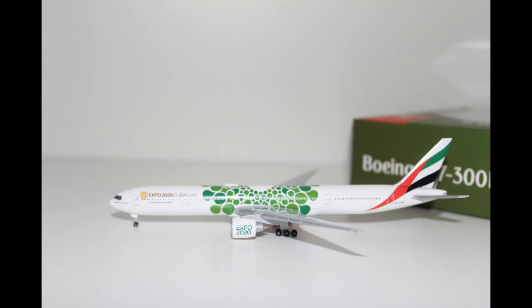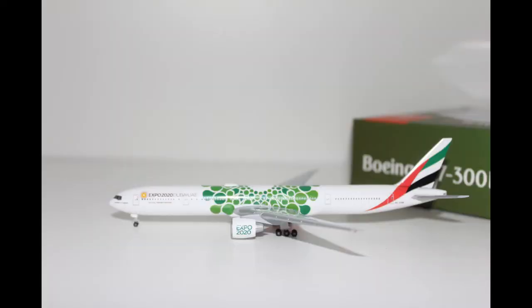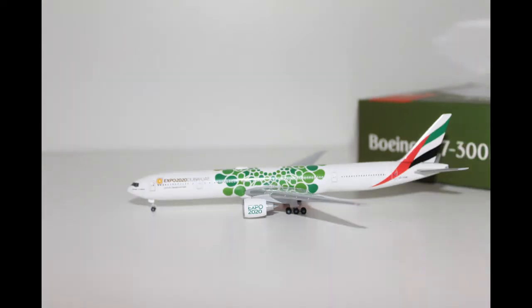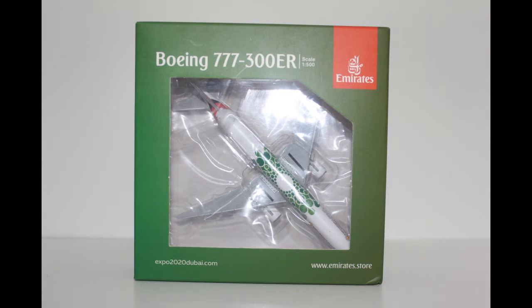It's another carrier in the aviation market. It's the Emirates Boeing 777-300ER. Hey guys, welcome back to another episode of a review. Today we will be taking a closer look at the Emirates Boeing 777-300ER from Herpa Wings. On the front side of the box we have our cutout of the plane, and we